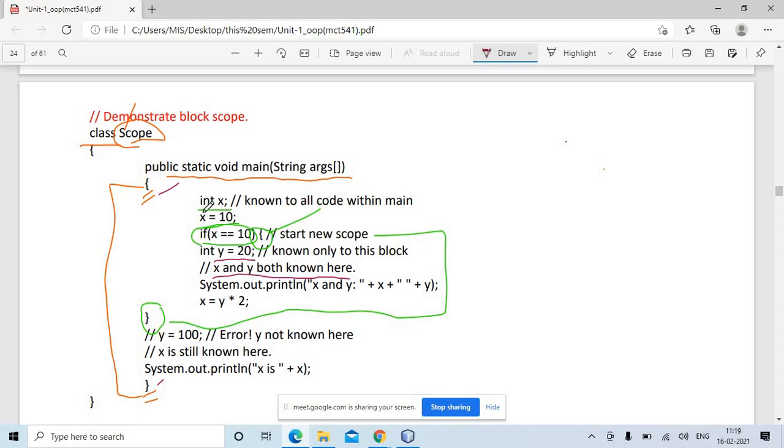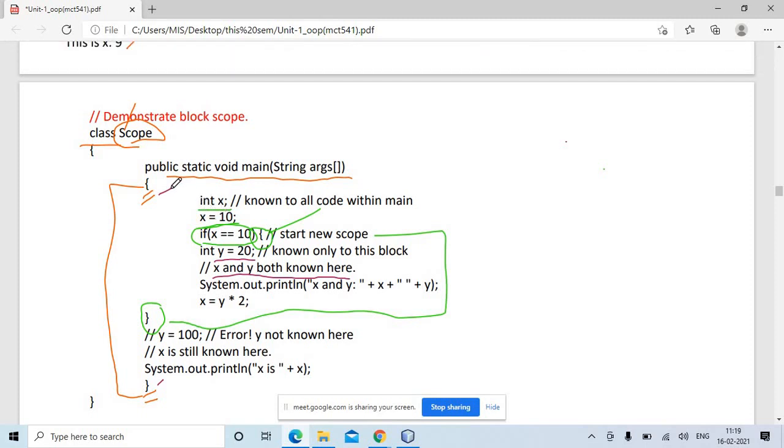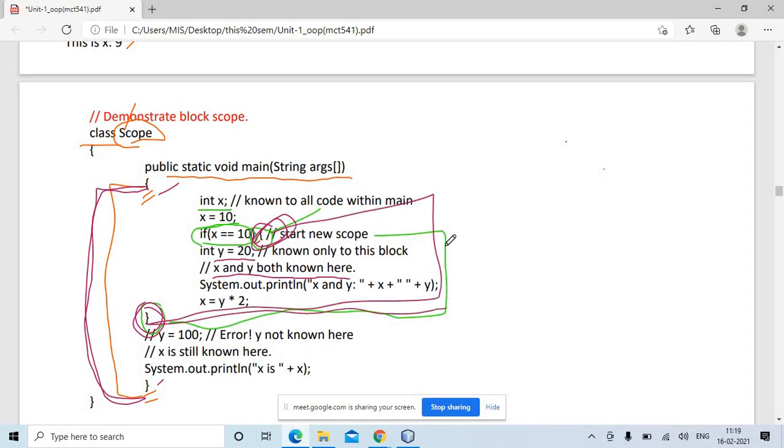The meaning of scope is that this x has been created in the block of main, so this x is accessible from this bracket to this bracket. Wherever you write x, x is accessible. Whereas y is created within this block, so y is accessible only within this area. So within this purple block, if you print x and y, both will get printed because x is also available, y is also available.